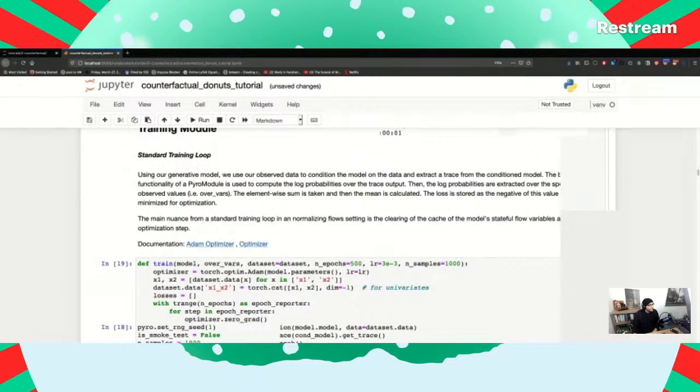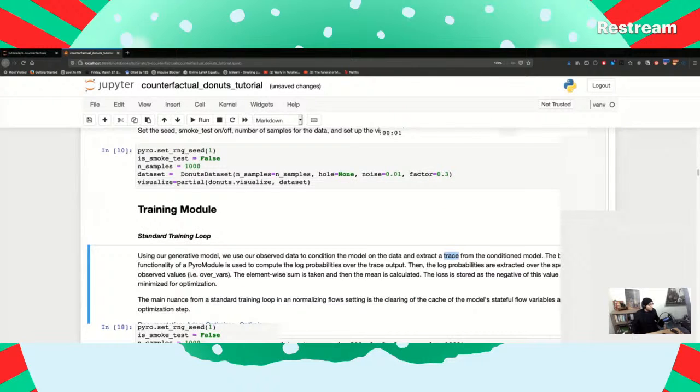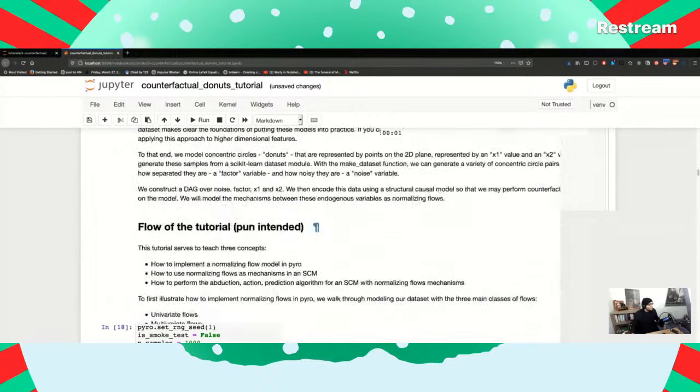So a trace is like, in a probabilistic program, you execute the program once and you get a program trace. That's just one execution of the program, one set of values your model generated, and you condition the model on data, and then you'll get a condition trace. Well, why do we want a trace from a condition? We're going to condition on data, I guess, in that first step of that abduction algorithm.